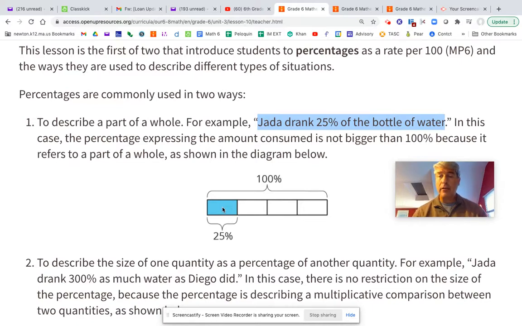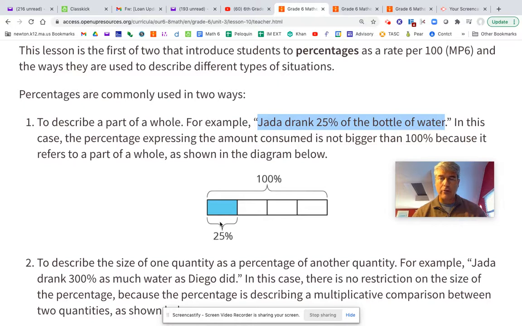And we can think of each of those lengths as a quarter. And it turns out that each of those is 25%. Remember that a quarter in decimal form is 0.25. So when Jada drinks 25% of the bottle of water, she drinks 25 out of 100 milliliters. She drinks 25%,